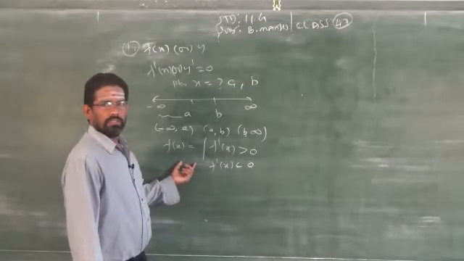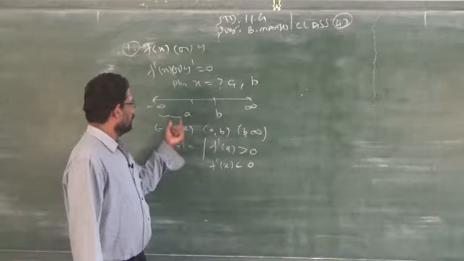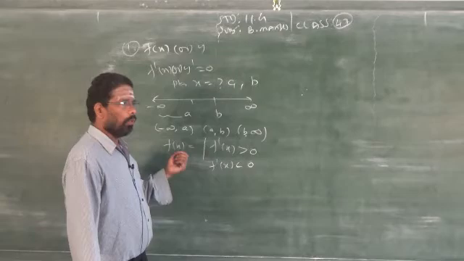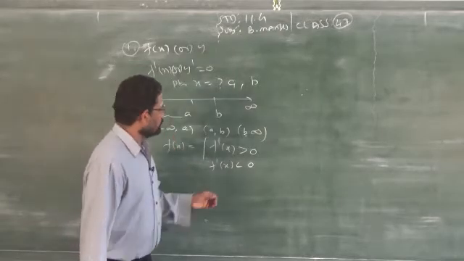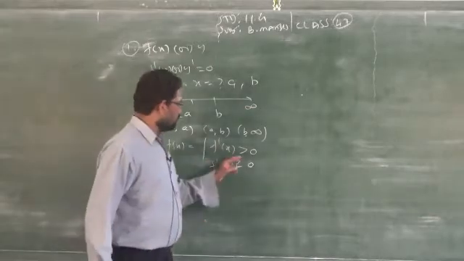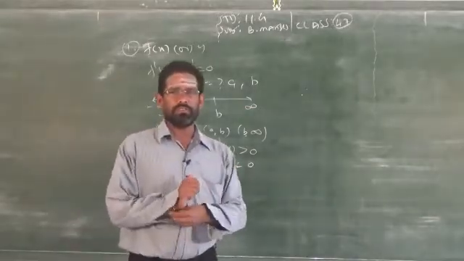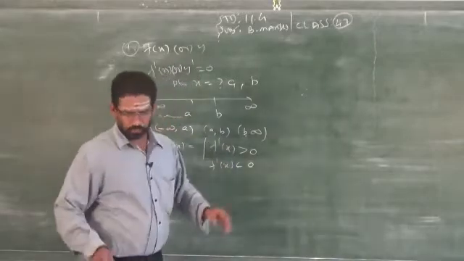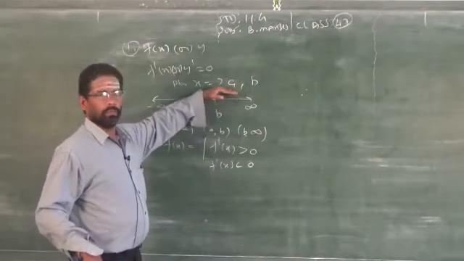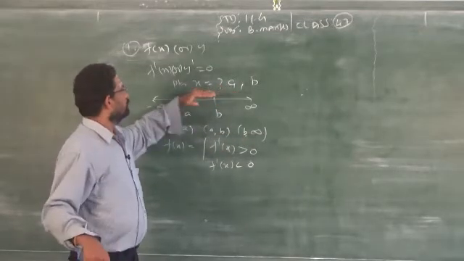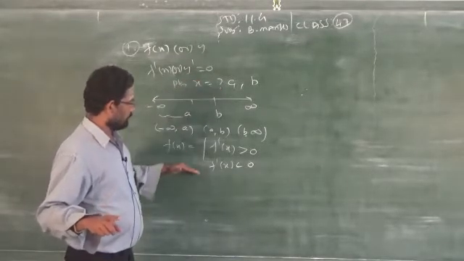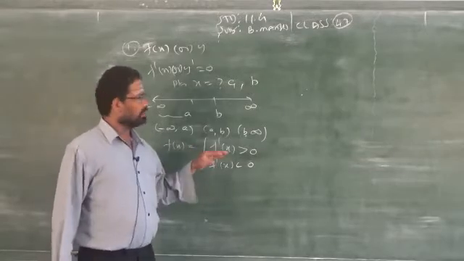Then f of x: if you replace x by any value from this interval and substitute straight away in the question, that gives the stationary points or stationary values. Whereas if you substitute the same points, these a and b, in the first order, when the answer is greater than 0, that is an increasing function. When the answer is less than 0, that is called a decreasing function. To find maximum and minimum also, you follow the same steps up to this stage. Clear? So this is very important.